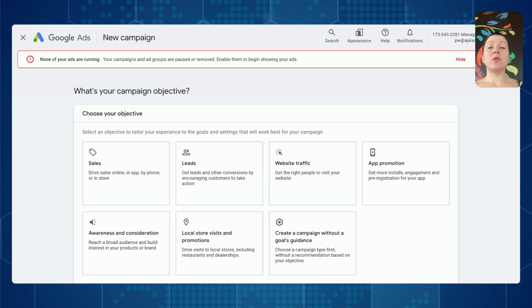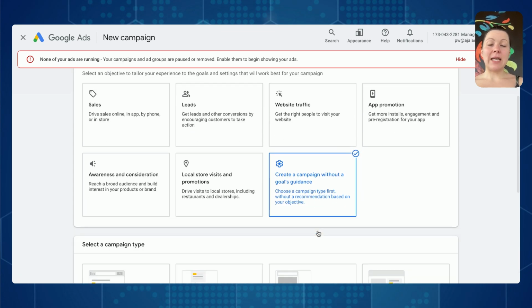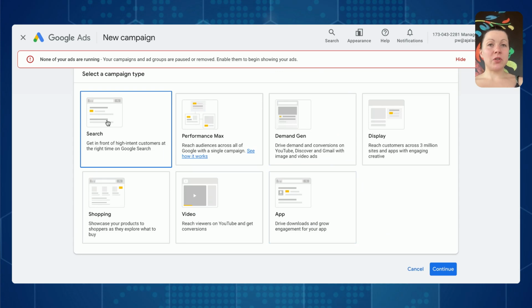So the goal here is to create a search campaign that works for you, that doesn't need your attention every minute of the day, and that you maybe check once a week. Typically, we want our clients to not spend more than 30 minutes a week on their campaigns, right? Because anything else really does not fit their busy schedule anymore. So let's make sure we create your campaign without a goal's guidance, and we'll start off with a search campaign,